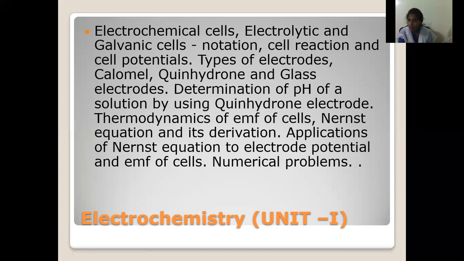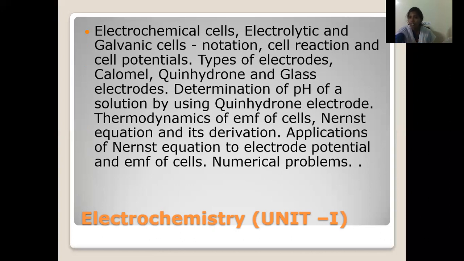So we are having very few topics in electrochemistry. Almost all the topics you have seen in the intermediate level, but some advanced topics are there. There are advanced applications in engineering chemistry. Yes, already you have seen the types of cell, that is electrolytic and the galvanic cell. And maybe you have seen how to write the cell notation also, types of electrodes. Maybe you have seen only the hydrogen electrode over there. But here we are seeing the advanced electrodes also.